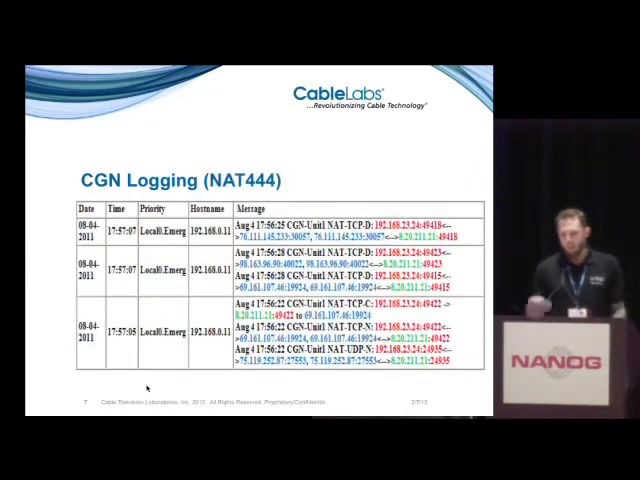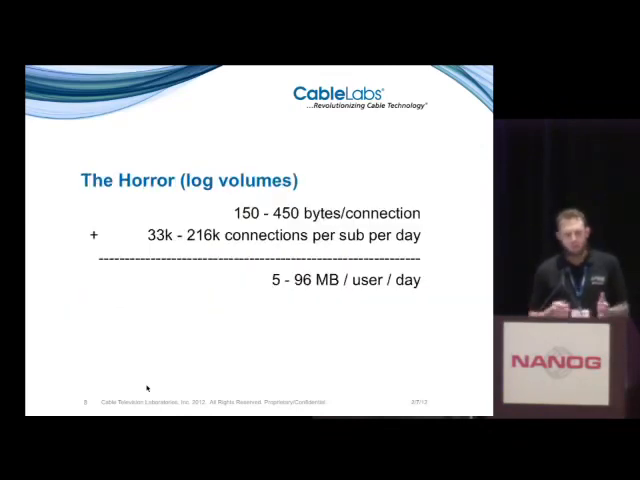NAT444 is the same way. You can see the first one, then the second one's double the size, the third one is triple the size of the first one. So you're getting these very large-sized messages, and you're getting a lot of them. So we haven't found a way to nail down exactly how many connections the average subscriber is using on a daily basis, but we think we've got the order of magnitude right, and it's somewhere between 33,000 and 216,000 connections per subscriber per day. So when you multiply that, don't add it, multiply it by 150 to 450 bytes per connection, you come out with somewhere between 5 and 100 megabytes per user per day of log data,